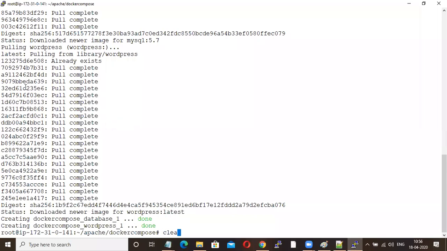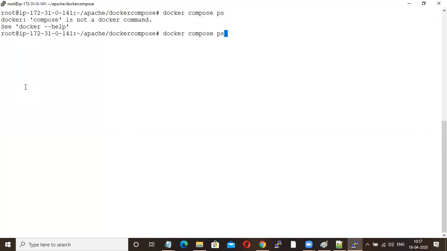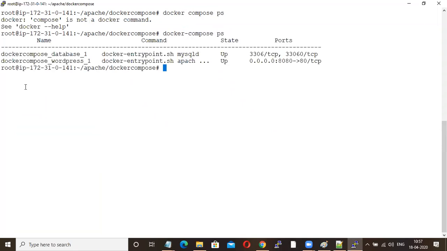Now docker-compose ps. Here both MySQL and WordPress are in the up state. Now you launched it on 8080, right?